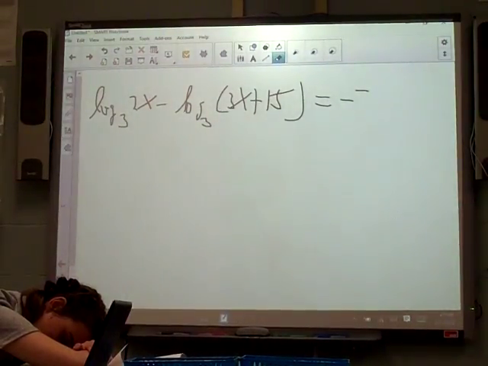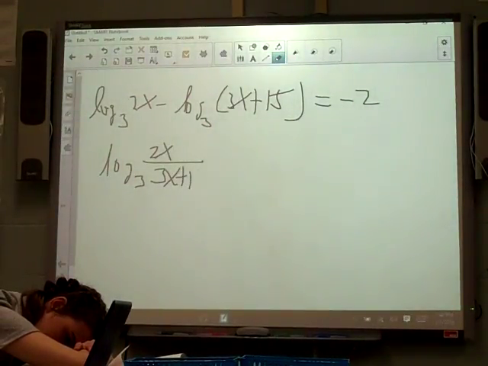Alright, so we're starting off with the same dilemma that we had on the previous problem. We've got two logs that we need to condense down to one. The sign that's separating those two logs is a subtraction sign. So which property did we have that was friends with subtraction? Division, very good. So this will be the same as log base 3 of 2x divided by 3x plus 15